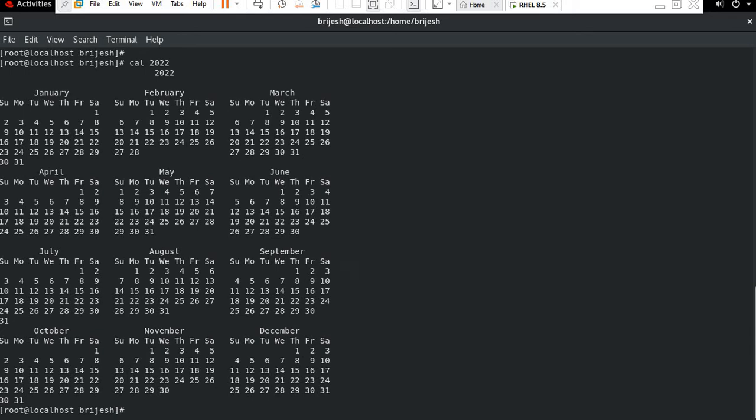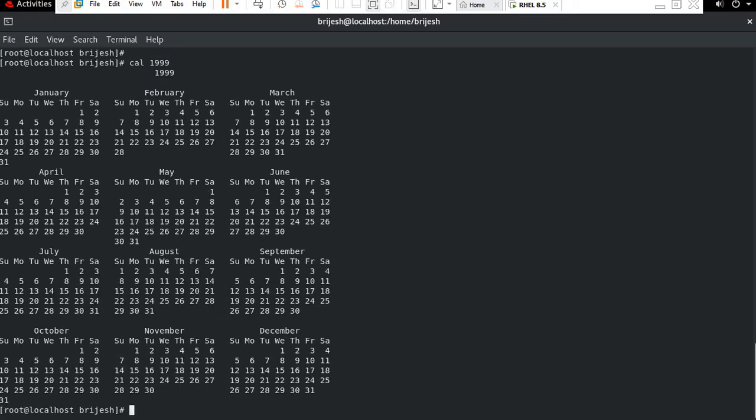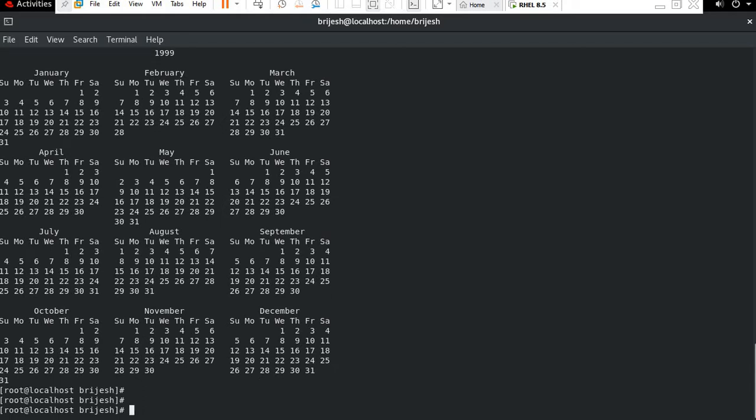If I check cal 2050, it will show the 2050 calendar. In this way we can open it. Or if we want to check cal 1990, then press enter. You can see, in this way we can check our calendar.